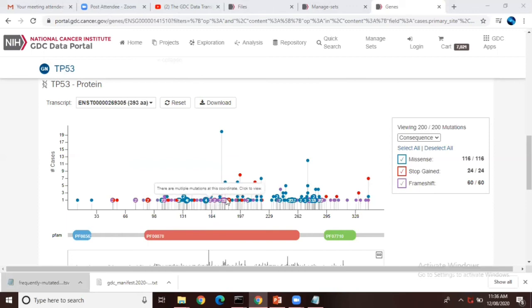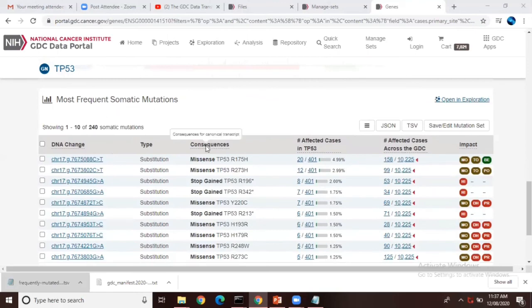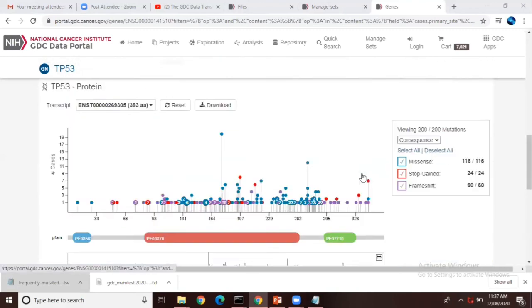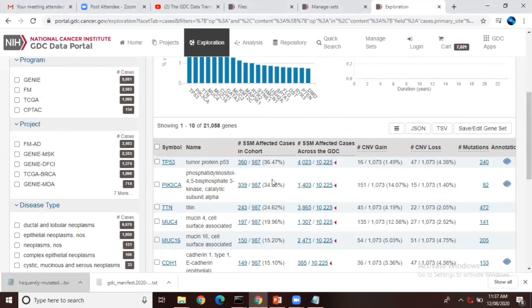So there are no mutations like that. And the red dot, they are talking about the DNA change, in which chromosome location and which amino acid has been changed, and how many cases have been affected. So it is affecting only one case, and what type of impact it is, a high or moderate impact. So it is mentioned that red dots are the highly mutated genes. After that you can see what are the most frequent somatic mutations. So only TP53 affected mutations, and what type of cases there are. So like this you can see gene information with respect to case and cancer type.